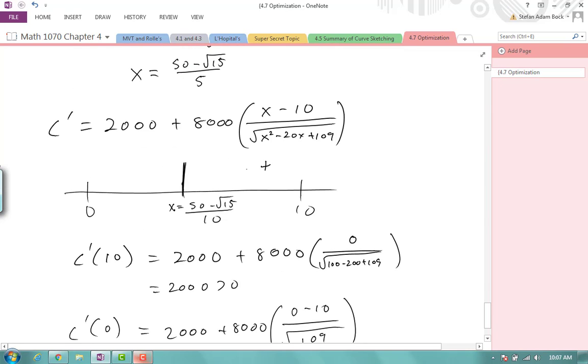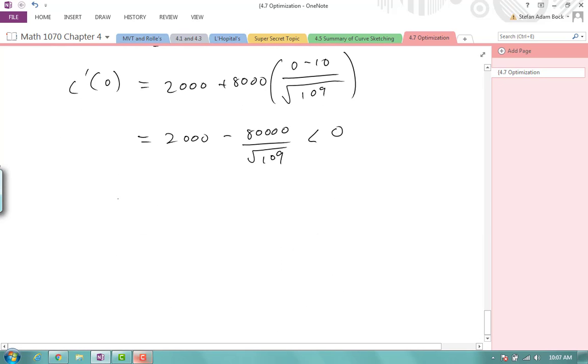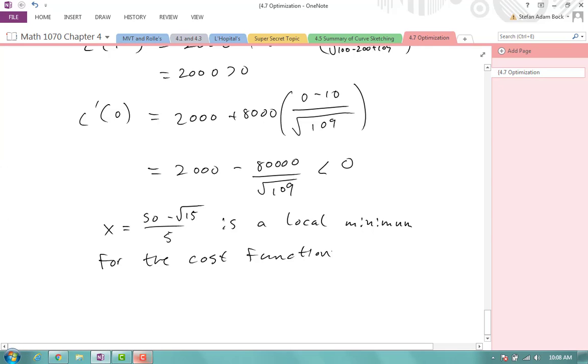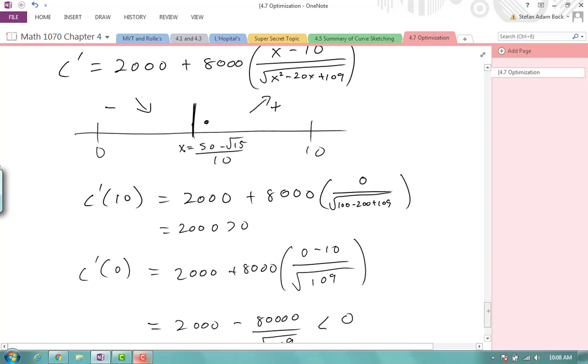So I was positive here, so it's going up, and I was negative here, which means I was going down, which means this number represents a minimum, which means x equal to (50 minus the square root of 15) over 5 is a local minimum for the cost function. Now typically what I should do is also check the endpoints to see if either of those are smaller, but since I was trying to minimize, and I have only one critical point, only one spot where my derivative changes direction, my values for 0 and 10 are both going to be bigger than the local minimum I found for